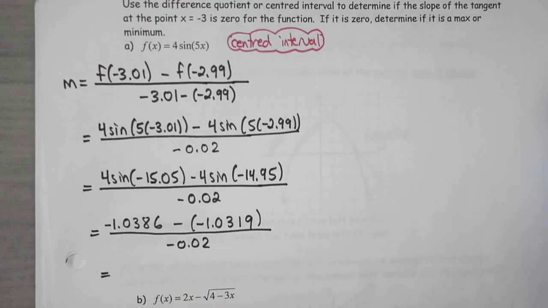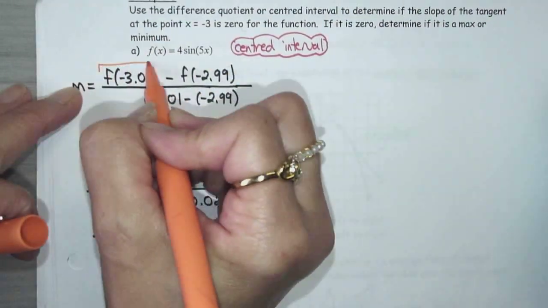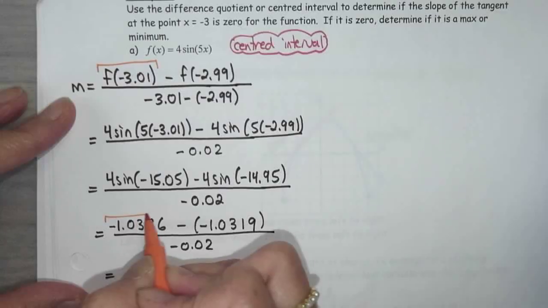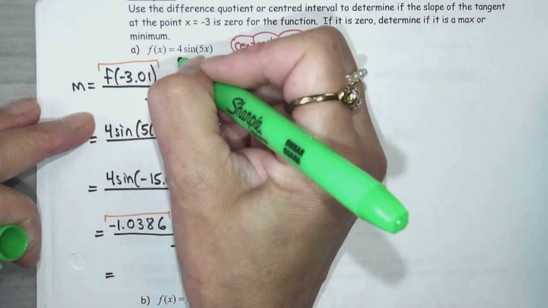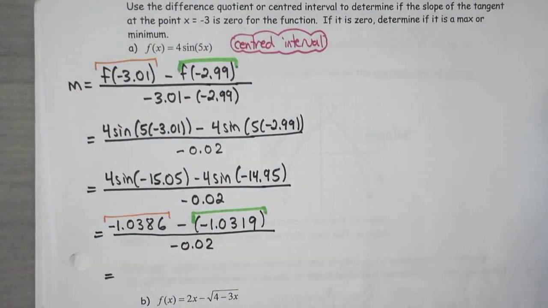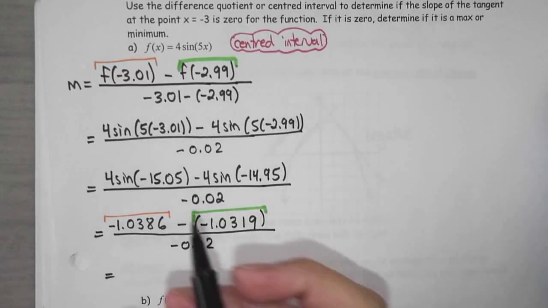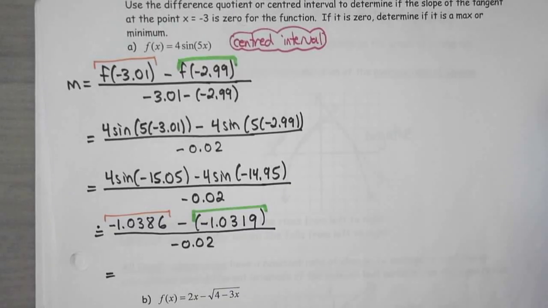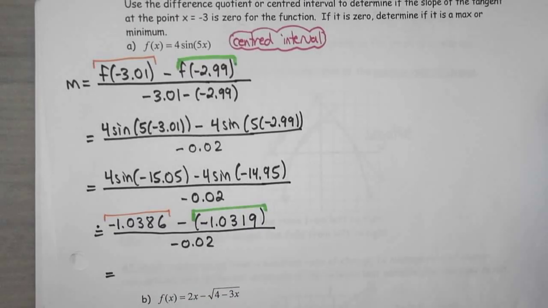So we know again, if you keep it nice and organized, F at -3.0 is this one here, and we keep it there. Okay, and then minus here, that's this one. Right, we kind of kept it separate. Approximate, because I rounded off there. And then we tried it, so negative